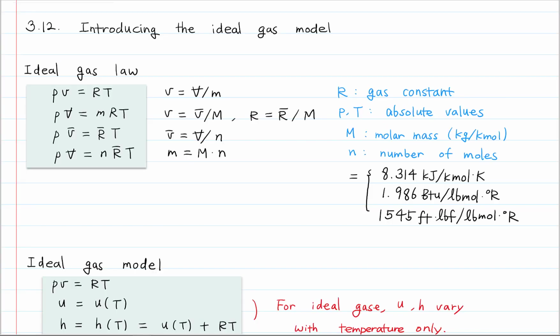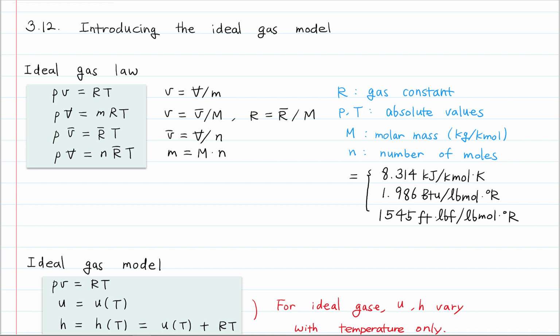Section 3.12, Introducing the Ideal Gas Model. So we are going to talk about the ideal gas law more in detail. The ideal gas equation is expressed as PV equals RT. The equation is very simple and it is convenient to use. So the ideal gas obeys the ideal gas relations. It is called the equation of state since the ideal gas law provides the pressure, temperature, and specific volume relations